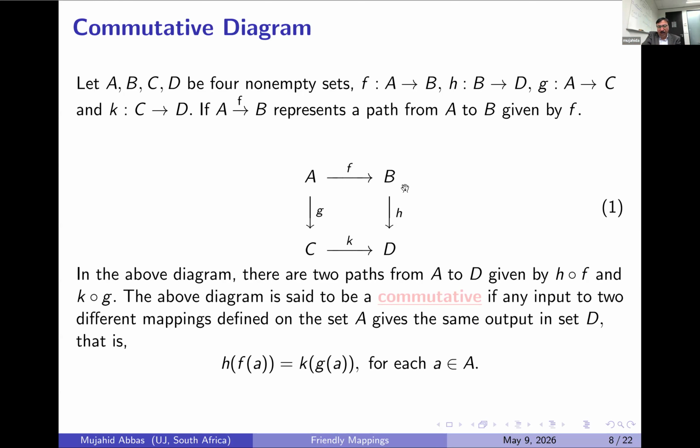So you can find a sort of commutative mapping over here, H∘F and K∘G. Not commutative in the sense of the common fixed point theory that people have been discussing. It is not given in that sense. But when we say that this diagram is commutative, it simply means that whether you follow the path from A to D one way, or you come through the set B, the outcomes are the same.